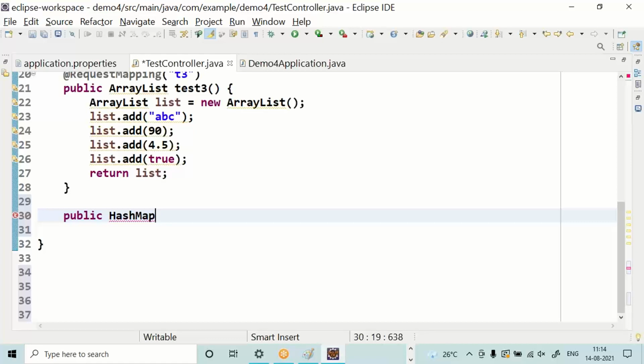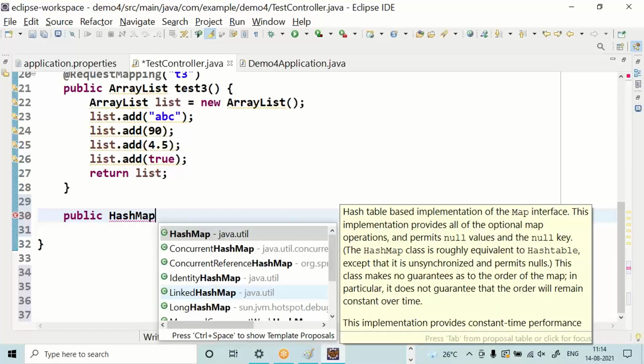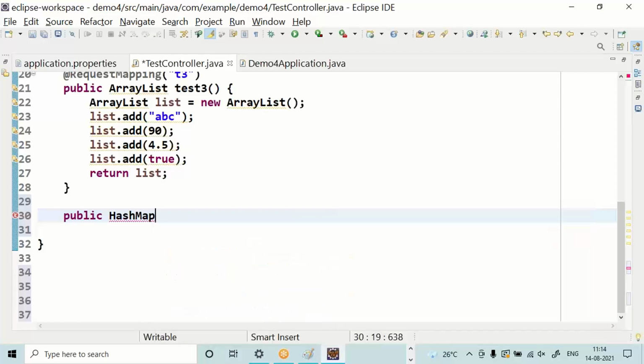It is also from the collection. Hash map, control space bar. Press enter. You will be getting angle bracket with a K and V. Remove this. Test 4.